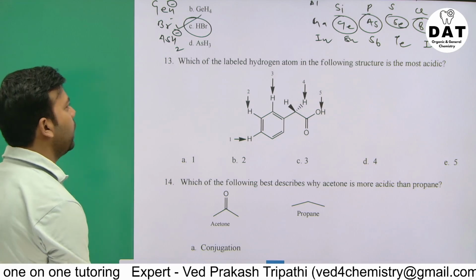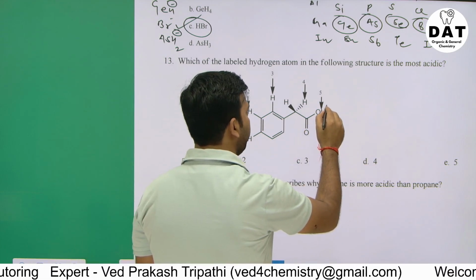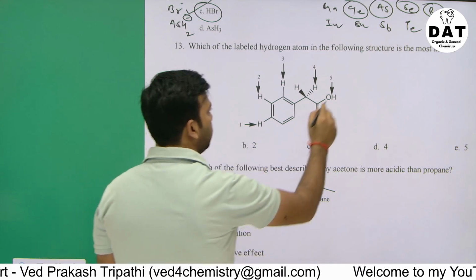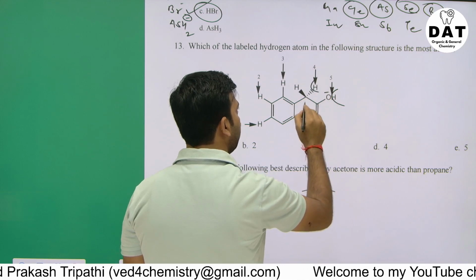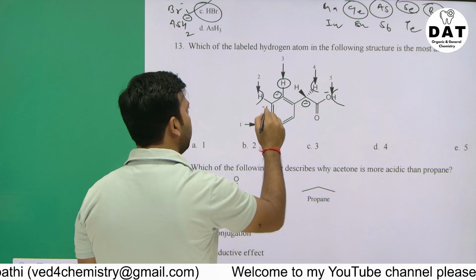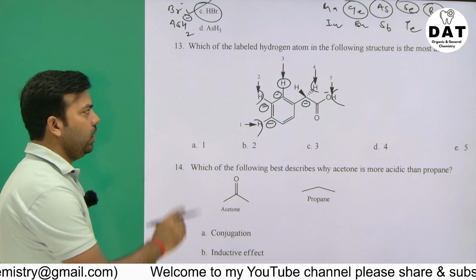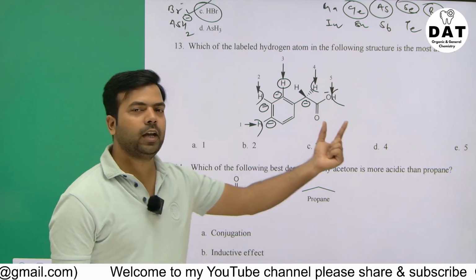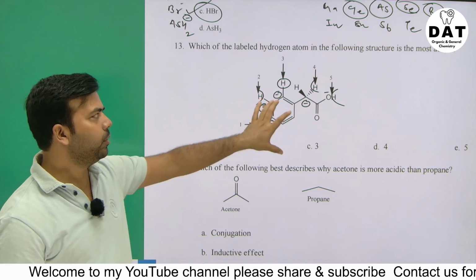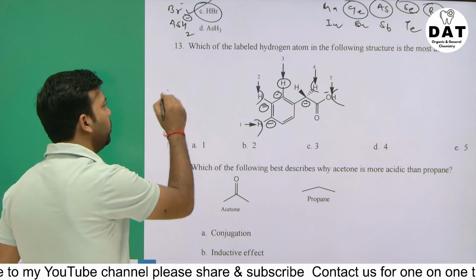Which of the following labeled hydrogen atoms in the following structure is the most acidic? So remove the hydrogen one and generate its conjugate base. So look at here. Here negative, here negative, and here negative, here negative, H plus goes, this is negative. So here in this case, one negative on oxygen and one negative on the carbon. So negative on all the carbon positions is not the deciding factor here. Makes sense, because once you apply CARDIO,